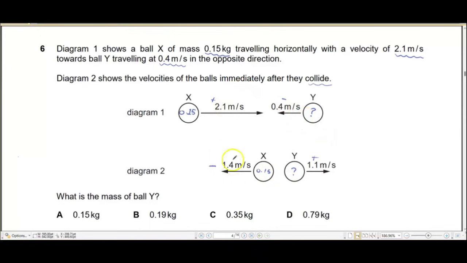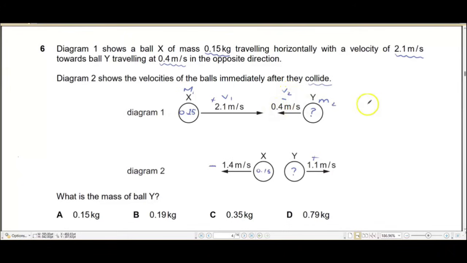I hope you understood what I've told you, that you've got to take one of these velocities to be negative and one to be positive, because these velocities are in opposite directions. They have to be represented by a positive and a negative sign. So once we've established this, we are going to take the mass of X to be m1 and its velocity to be v1, and the mass of Y to be m2 and its velocity to be